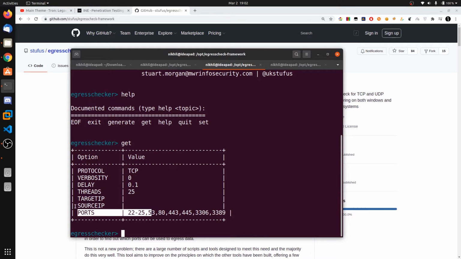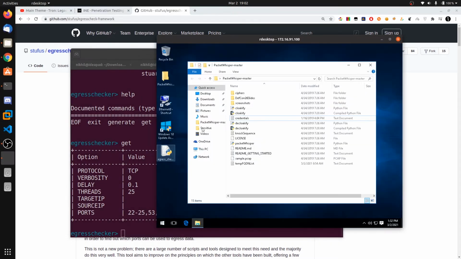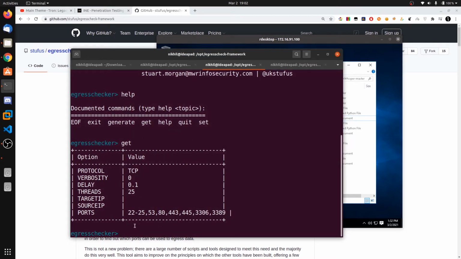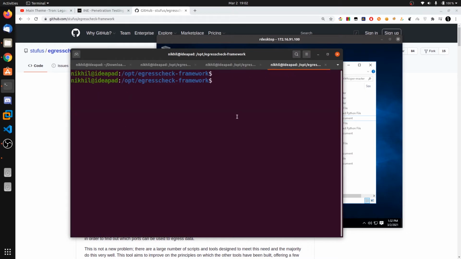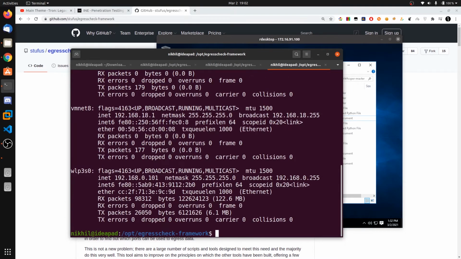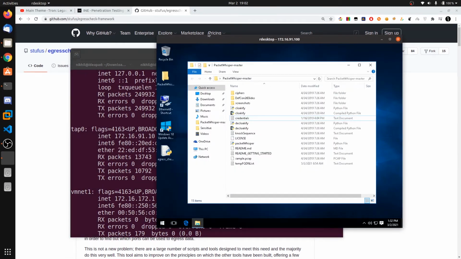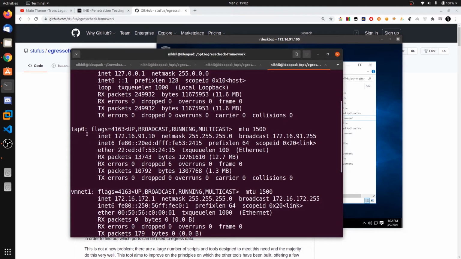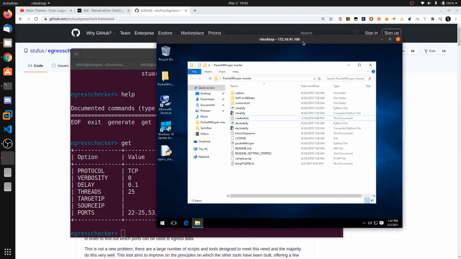Now the source IP becomes our victim machine, that is my Windows 10 machine. The victim's Windows 10 machine is the source IP because we are going to run the script on this machine. And the target IP is our Ubuntu or Kali Linux. Let's say ifconfig to check my IP address. I have connected to this Windows 10 machine via this VPN, so that's why I have this tap0 tunnel adapter. That is the IP address of this one, 172.91.10. 91.10 is my Linux and 9100 is the Windows.